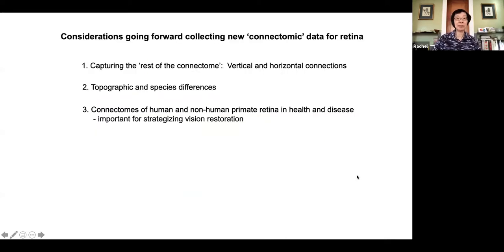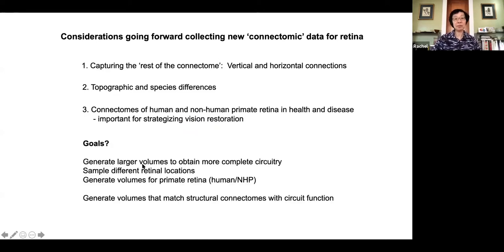So what I think I've done here is hopefully given you a sense that if we were to collect more volumes, we really should need to capture the rest of the connectome, vertical, horizontal connections, and consider topographic species differences, need to do more for the human and non-human primate retina in order to strategize vision restoration. And to do that, we need larger volumes. We need to get volumes at different locations, of course,